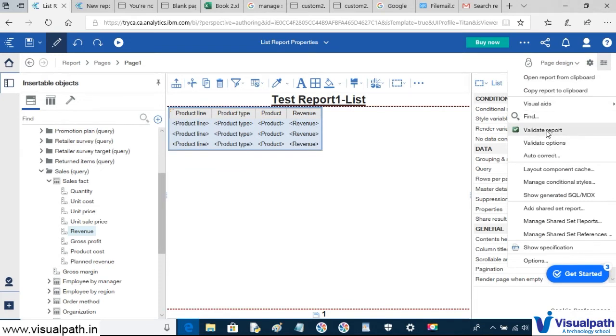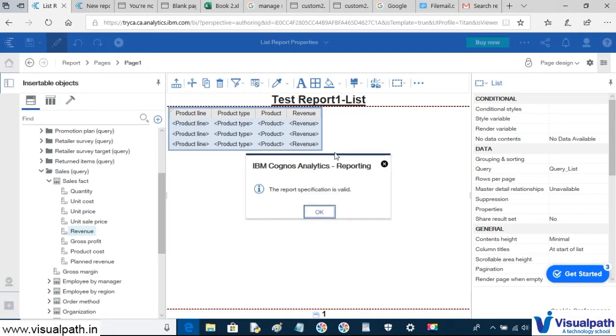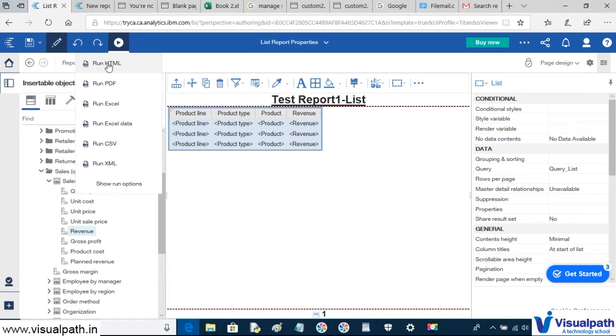Click on validate report. You can see we have got a message that this report specification is valid, which means right now our report doesn't give any error. Our report is correct. Fine. Now execute this report. Run HTML.